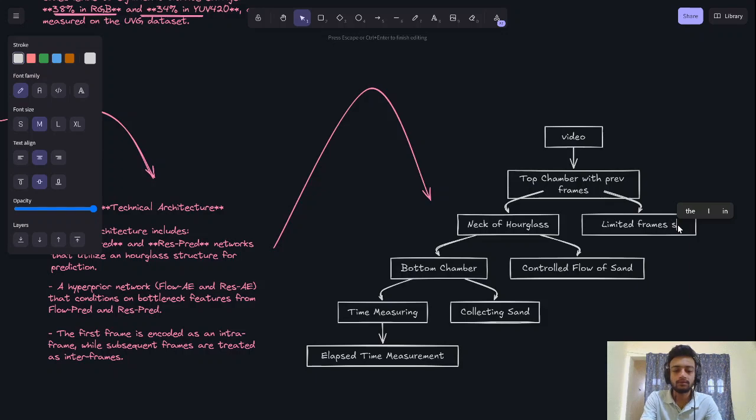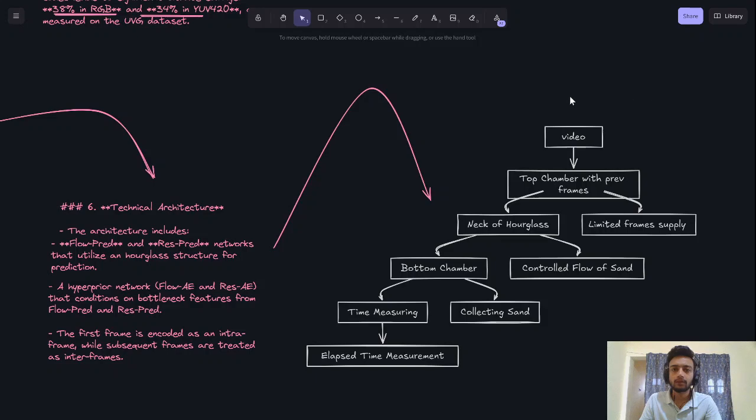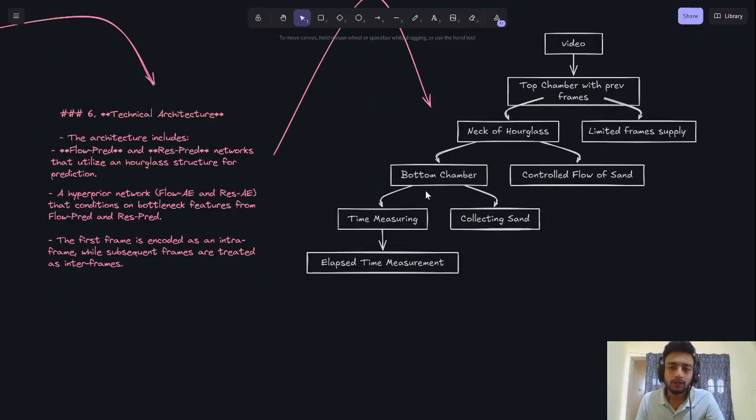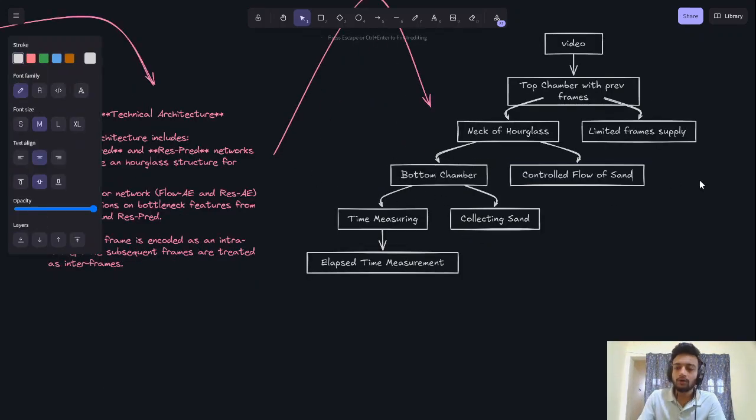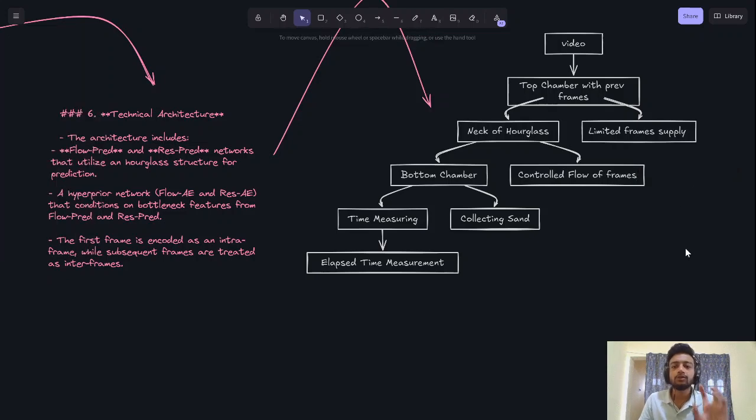And the bottom chamber is the controlled flow of, let's say video, not video, we'll just talk about frames here. So a controlled flow of frames, time measuring is